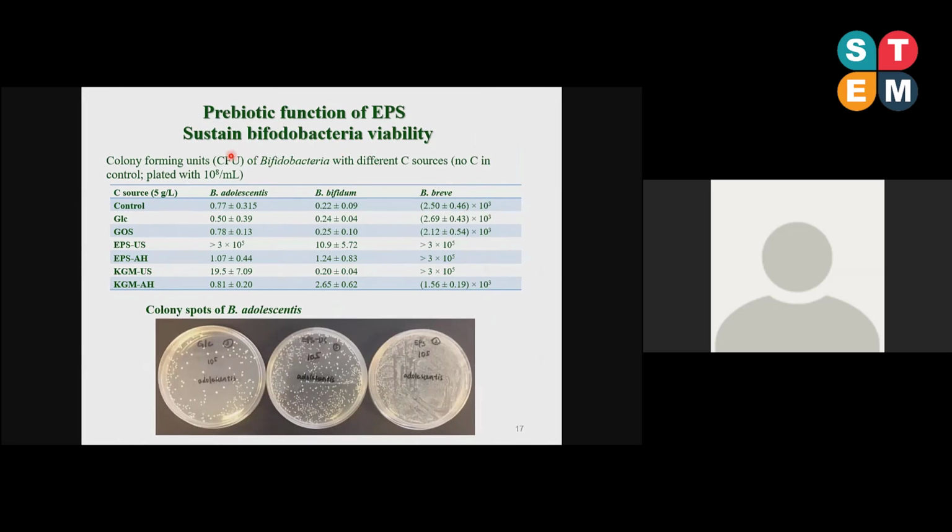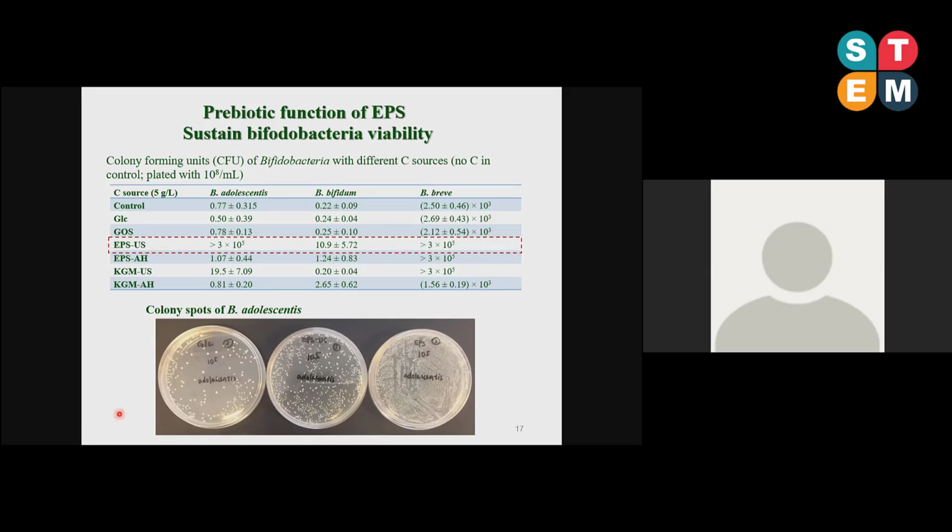So then we tested this polysaccharide and also KGM in pure culture, with several species of bifidobacteria. Bifidobacteria represent a major group of beneficial probiotic bacteria. So here we did an individual culture of the bifidobacteria to see how the EPS affects their growth and viability. Our results show that the EPS, even after ultrasonic degradation, was not